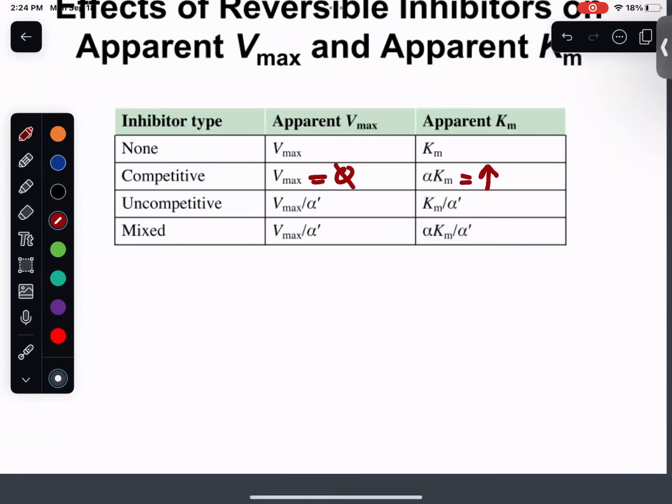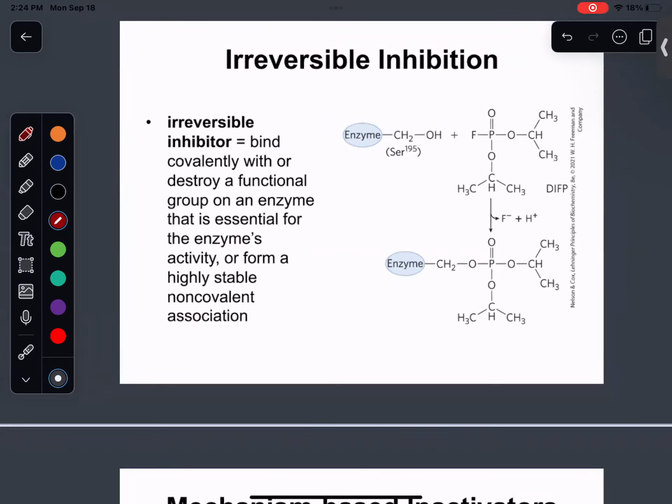Okay, we just finished the really hard part, and I'm telling you, the practice questions are going to make it much less hard. The irreversible inhibition part is actually a lot simpler than reversible, in my opinion, at least. Now, these irreversible inhibitors are incredibly powerful, and there are three ways that they can work. They can either A, bind covalently. They can B, destroy the enzyme's functional group, right? And usually enzymes need that functional group in order to do their job.